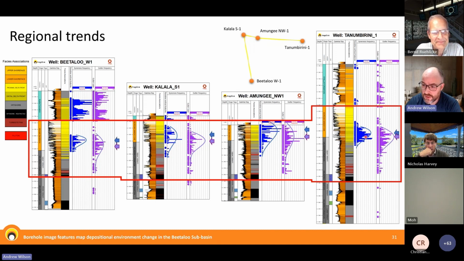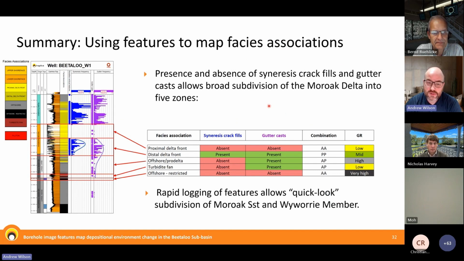And so actually it only took maybe 2 or 3 hours per well to map these things out, because it's click, click, click, click, click as you see it. And just doing that very rapidly across these 4 wells just showed that there seems to be a repeatable trend. So anyway, what that means is that we can basically subdivide our Maroc delta into these 5 zones